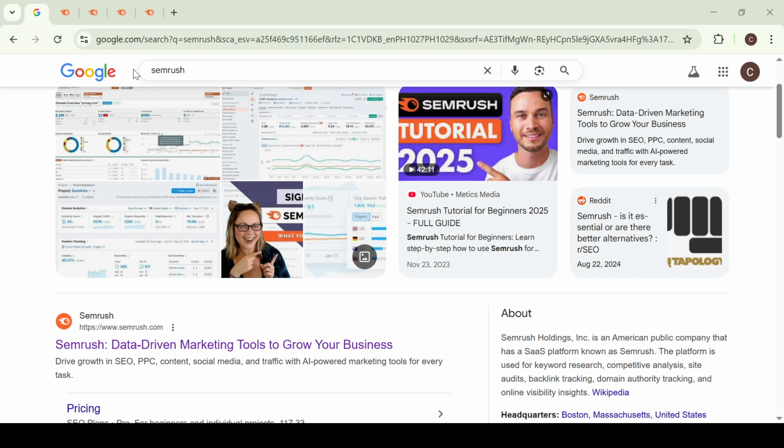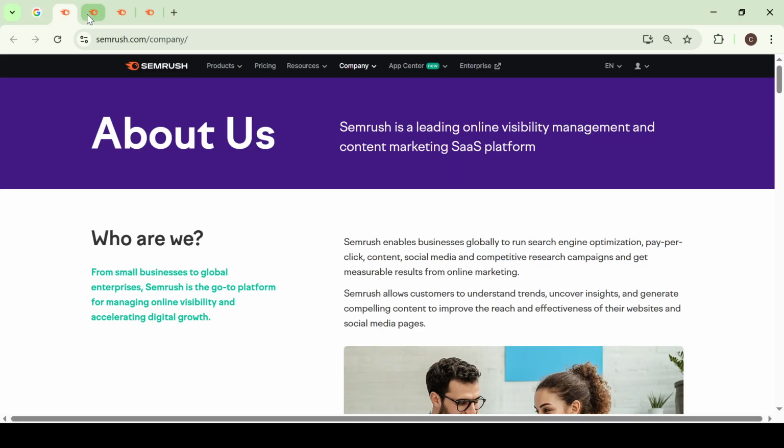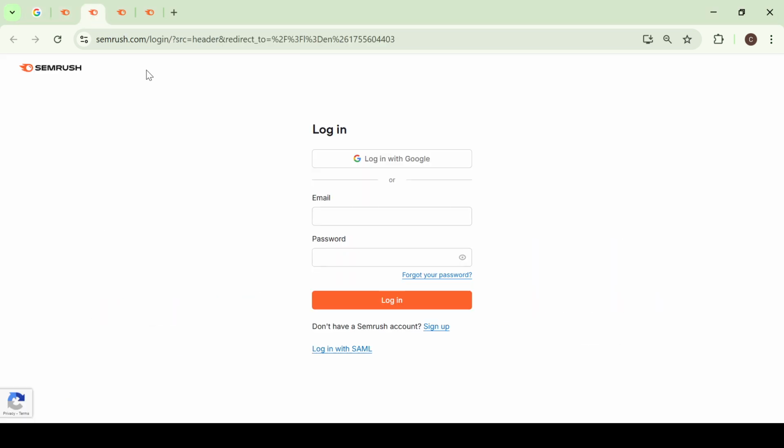First, you'll want to start by opening your preferred web browser and searching for Semrush. Once you're on the Semrush homepage, look for the option to log in if you already have an account. If you're new, you'll need to sign up by following the prompts on the website to create an account. Signing up will give you access to a suite of tools, but today we're focusing on setting up what's called